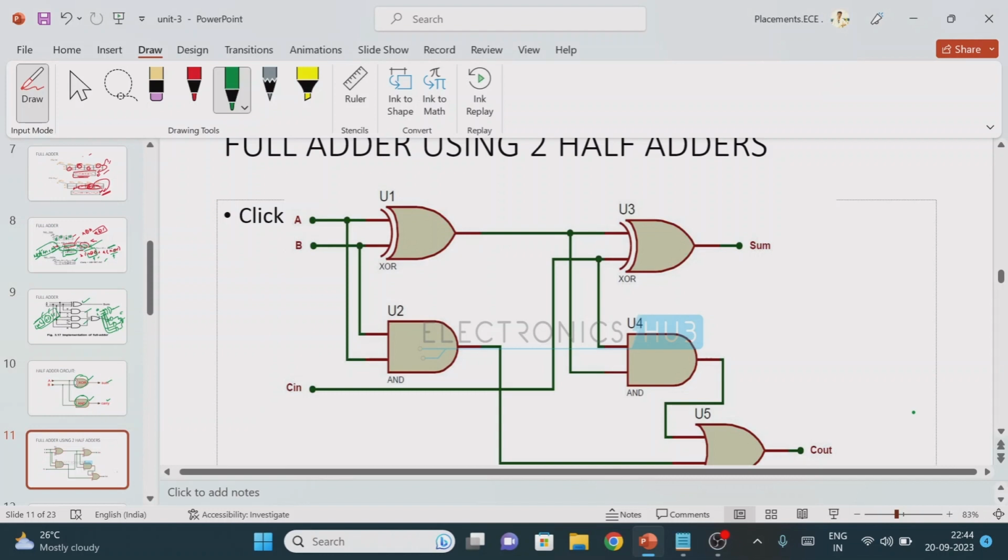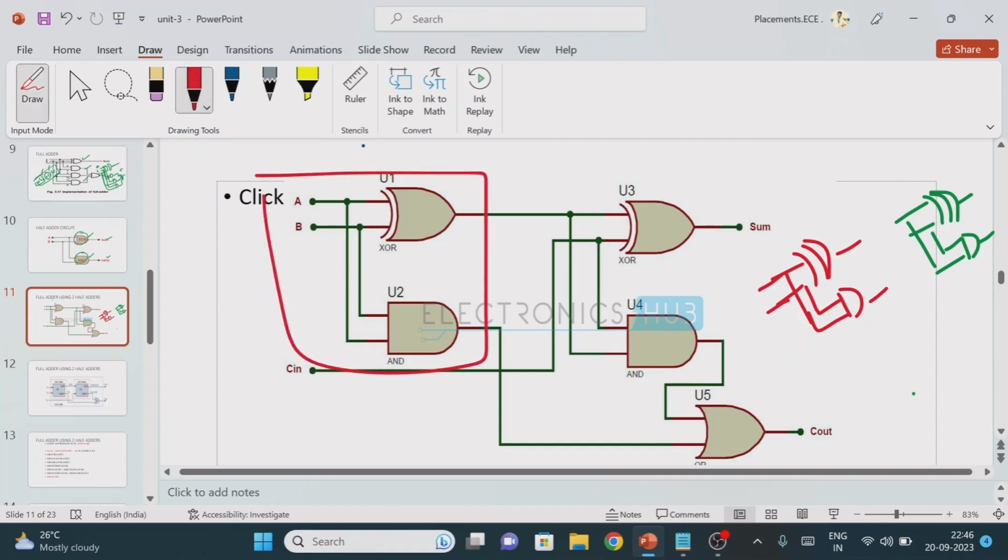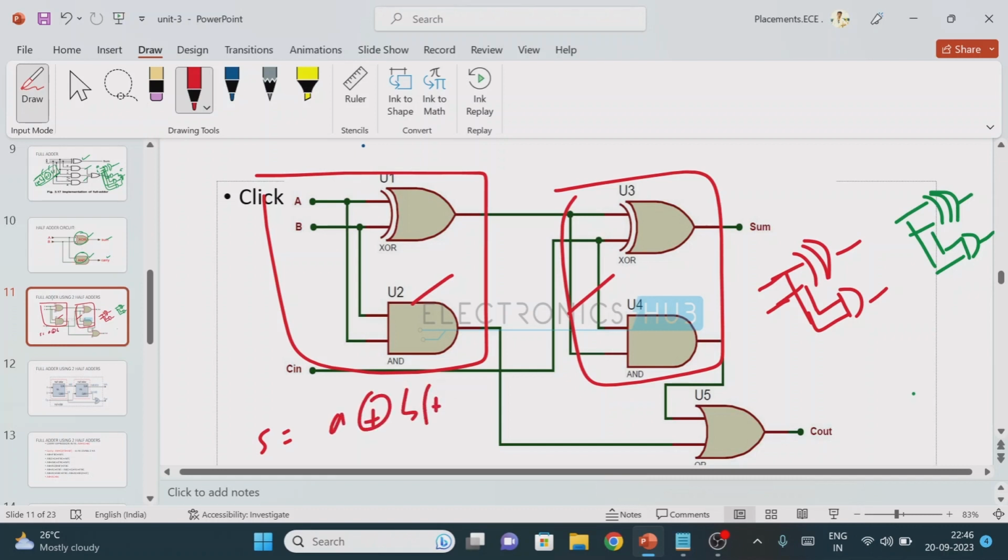In this case we need to design the circuit using two half adders. We have already obtained the half adder logic function, so directly we are going to write the final circuit of the half adder. This is the half adder, and this is one more circuit for the half adder. By using these circuits we are going to make the full adder. But what should be the final expression of the full adder? Sum equals A XOR of B XOR of C should come, carry equals AB plus AC plus BC should come. Then only it is called the correct full adder representation.